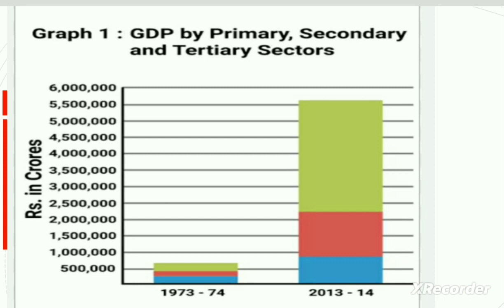Now the question is, why are most of the people employed in agriculture? The answer is clear-cut: due to the lack of employment opportunities. If employment opportunities increase, then obviously more people, those who are now involved in the primary sector, will definitely shift to the tertiary sector, and income will also increase, the standard of living of the country will increase, and that will of course increase the overall economic growth of a country.